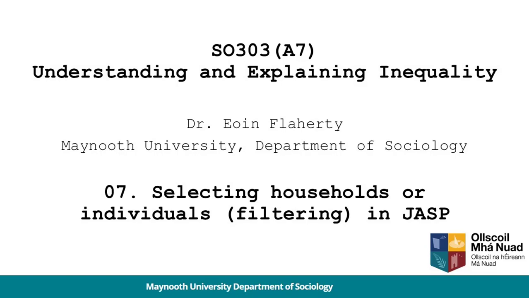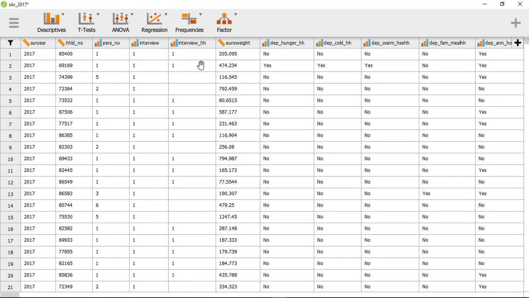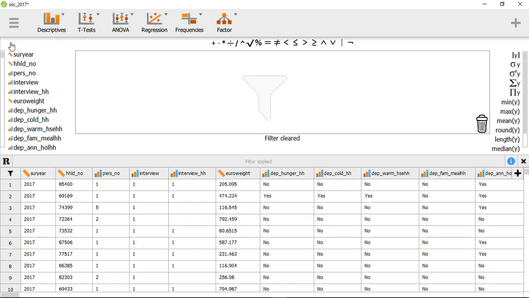In weeks 5 and 6, we started to filter our data before we conducted our analysis. You can do this easily in JASP by clicking over here on the filter button. What that's going to do is open up another window. And again, the workflow of this window is the same as we've looked at already with the descriptive statistics and frequencies. Got a list of variables over here, a box to transfer them into, and only now we've got some simple mathematical operators here on the top that will let us tell JASP how exactly to filter it and depending